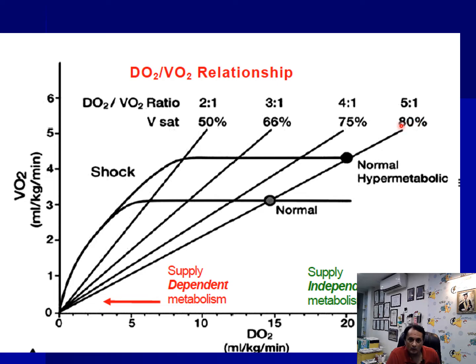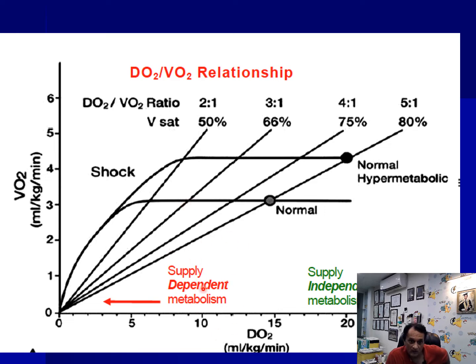As shock progresses, the mixed venous saturation is going to drop, and you can see here it is 50%. Once there is a decrease of cardiac output and flow to any organ, the tissue oxygen extraction is going to increase. The oxygen consumption is about 3 to 4 ml per kg per minute, and normal delivery is 15 ml per kg per minute. So it is 5 times more delivery as compared to the oxygen consumption in a normal state. But as shock progresses,